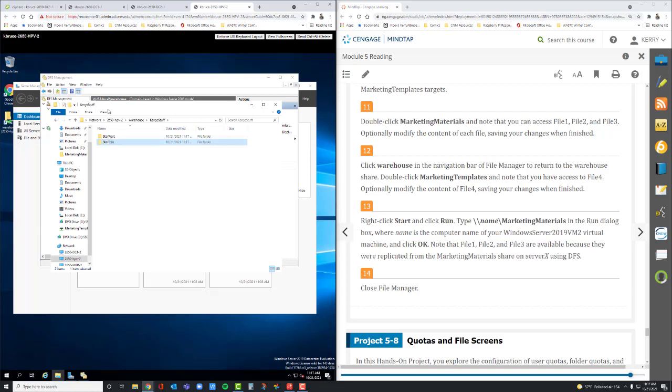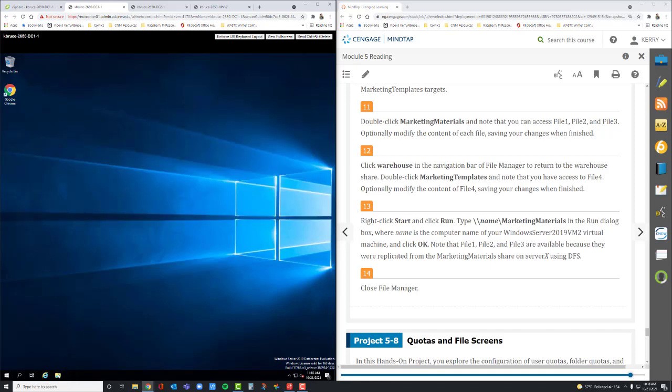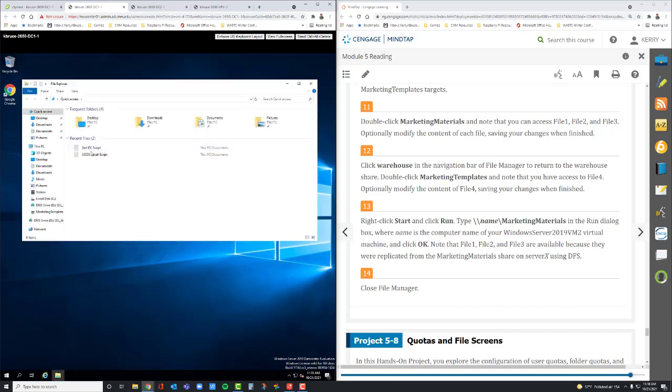Okay, so I created two folders in DFS Management in the Carrie's Stuff share that's located on DC1. Okay, I'm going to go back to DC1 and open up File Manager and go to my local disk and go to Carrie's Stuff, and lo and behold, there are two folders that were created. Okay, so now with the warehouse, it doesn't matter where on your network,